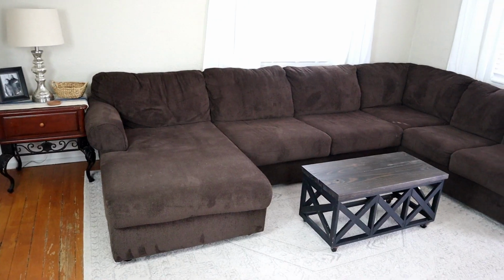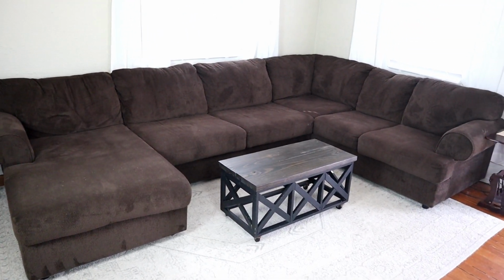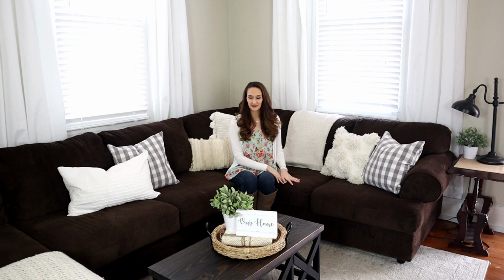So we do have this large sectional in the room. We've had this for about a year, and we bought this before we did anything else with the room because we really wanted something that would be cozy and functional for the space and for our family. So even though it is a large sectional, it does not block any of the traffic flow in the room, so it really does work well in this space. We also went for a darker color couch because we do have a black dog and we have 2 children, so it also needed to be really practical,